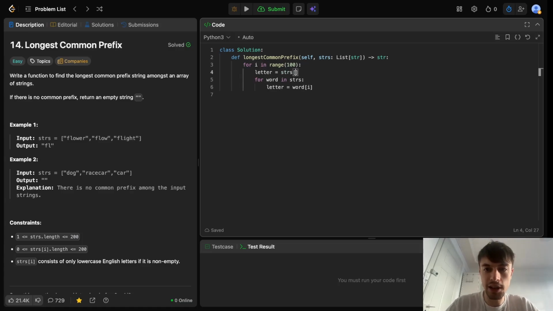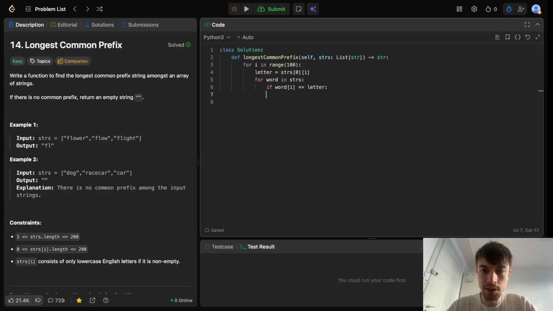Let's first initialize letter as the ith letter in the first word. You see what I mean? I take the first word, and then I take the ith letter of that word, and then for each word in the strings, I check